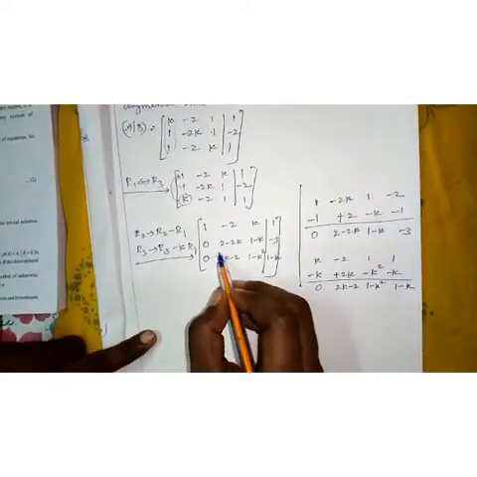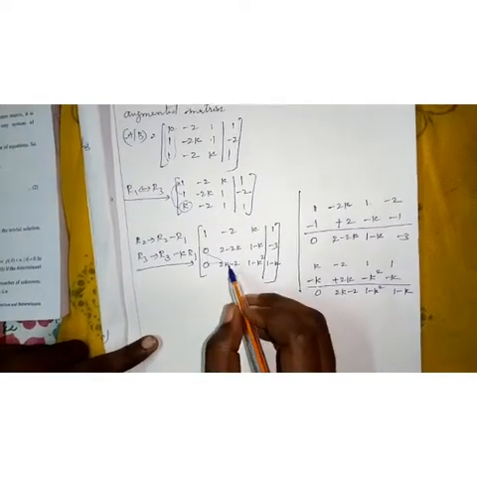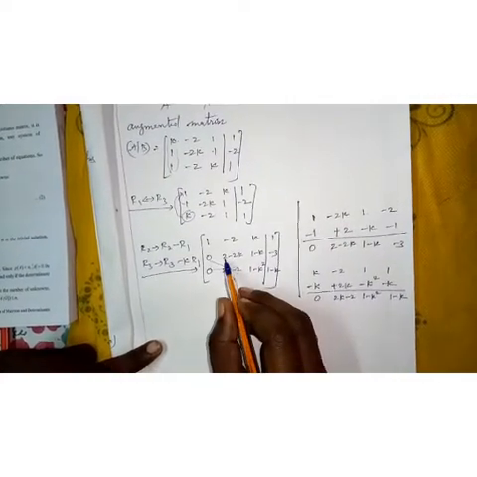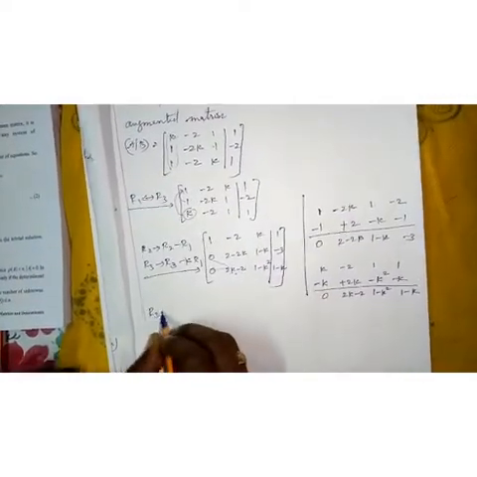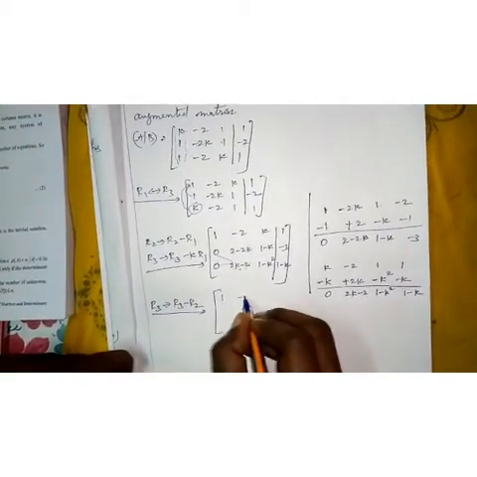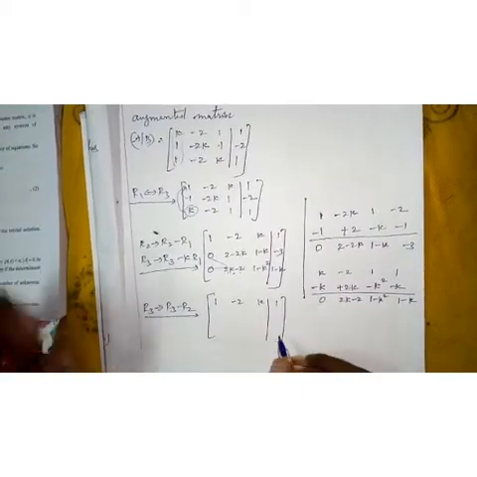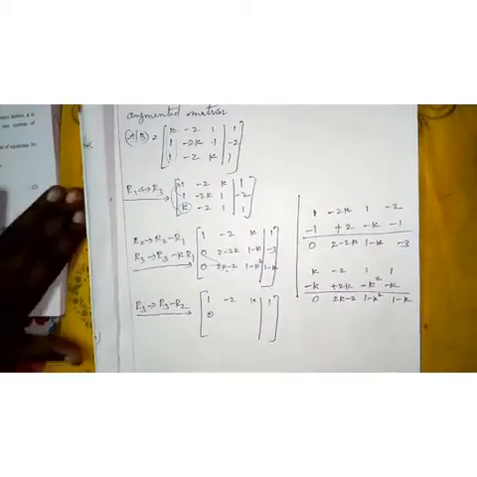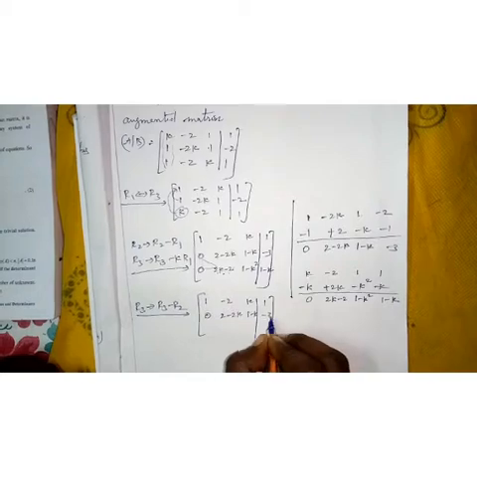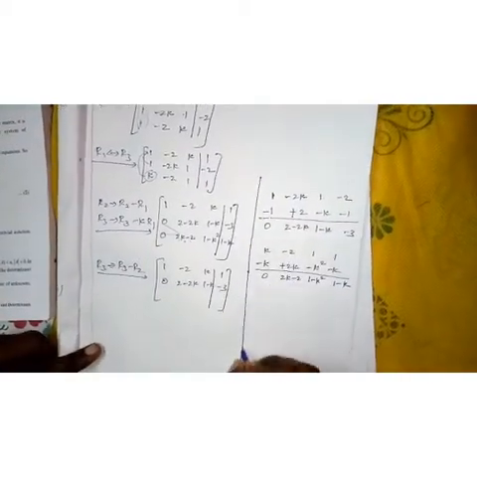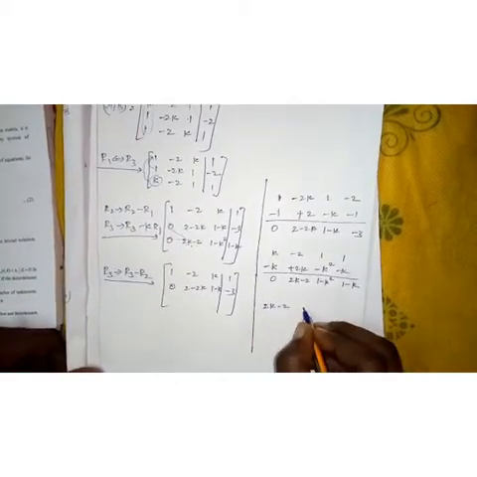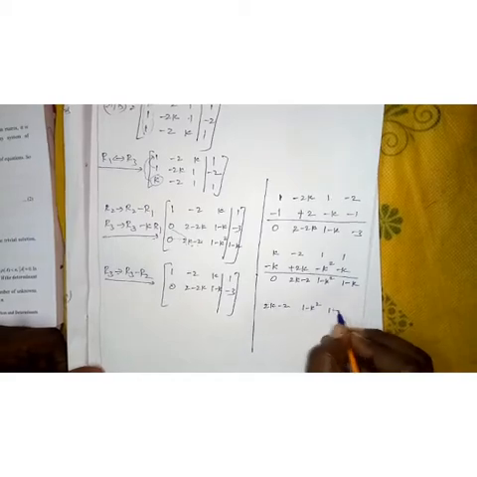Then children, next step I want to convert to 0 in the triangle shape. So I want 0 here. Shall I add these two rows? R3 gives R3 minus R2. See here: 1, minus 2k, 1. Okay, next: 0, 2 minus 2k, 1 minus k, minus 3. See, I'm using rough column, except 0, write down here: 2k minus 2, 1 minus k square, 1 minus k.